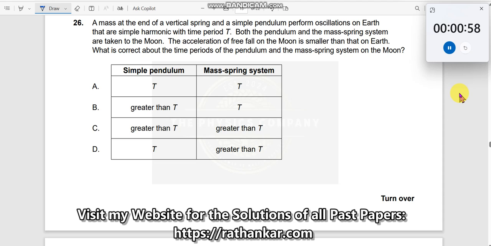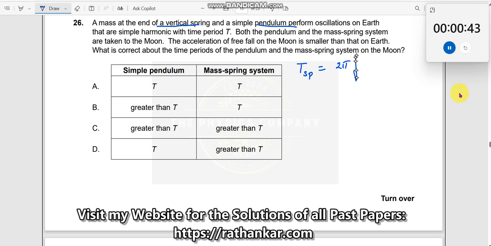Question number 26. A mass at the end of a vertical spring and a simple pendulum perform oscillations on Earth. They are simple harmonic with time period T. For the spring system, the formula is given by T = 2π√(m/k), while that for